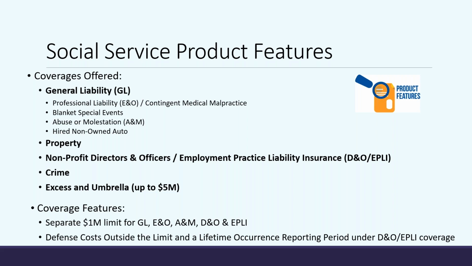So we wouldn't do the E&O and the abuse up to 5 million. We'd only do it up to 1 or 2 million. It would just depend on the risk. So if they're heavily involved with youth, we might take a look and see why they're requesting that coverage. But we are able to go over several different coverage lines. It just might be unique with a different risk. Hopefully that answers the question.